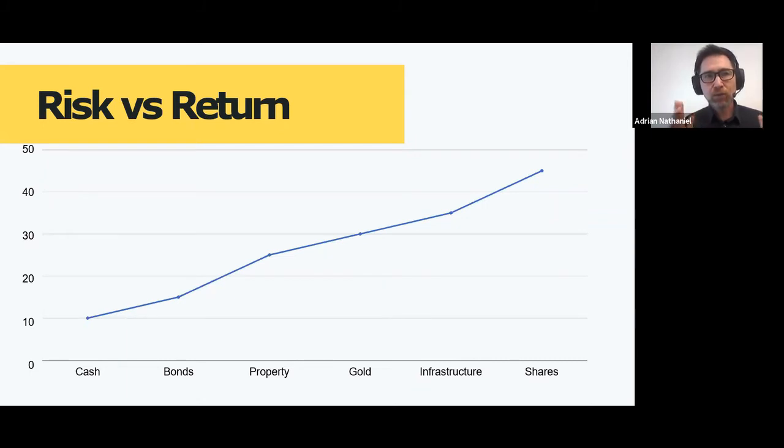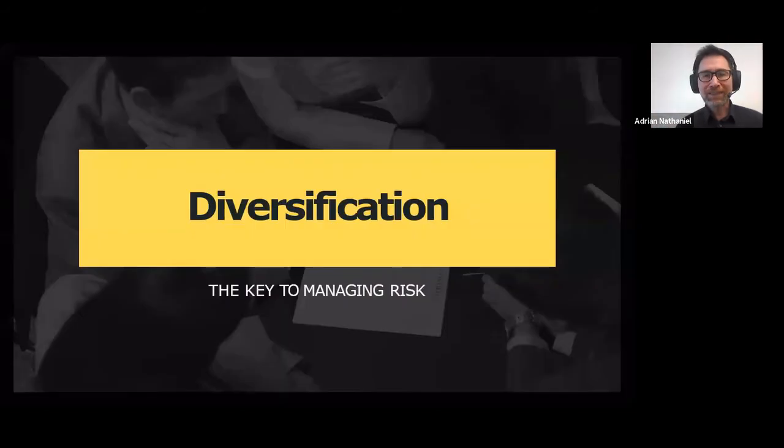And so that's why I always say you've got to wait for at least a year before you can have an idea of what the true value is of a company when you've invested in there. And the other asset classes, from bonds all the way through to infrastructure, they all have varying levels of risk in relation to their returns. Okay, and so essentially, when putting together a portfolio, it's all about managing risk. That's the number one thing to look at.